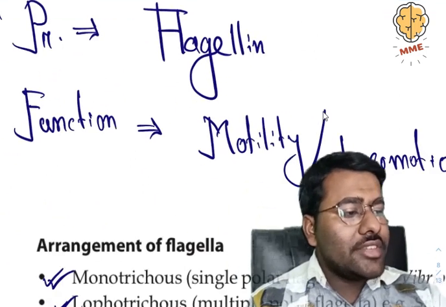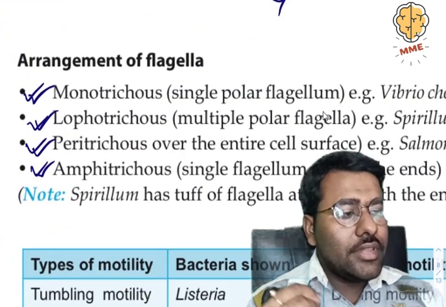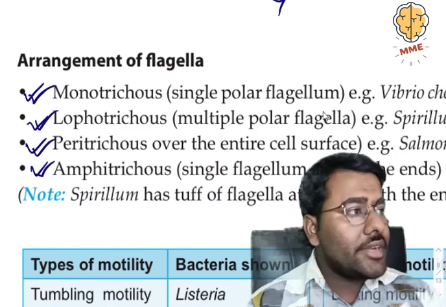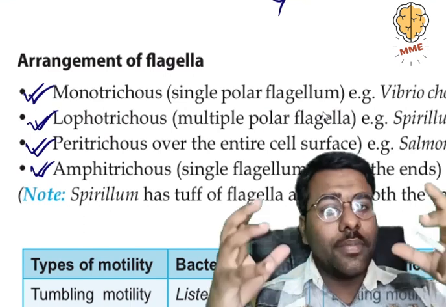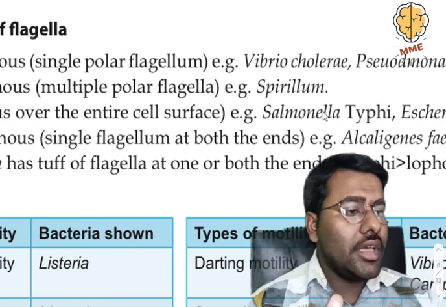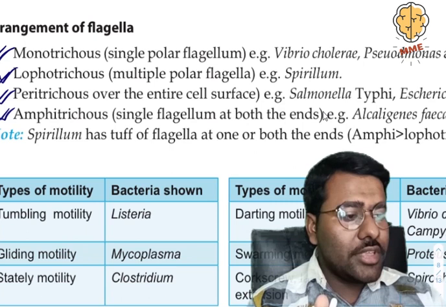Okay. What is the function? It is motility. Now coming to the arrangement of the flagella. The arrangement may be monotrichous, one side; lophotrichous, one side tuft; peritrichous, whole surface; amphitrichous, both sides but single. Okay. Now coming to the examples: Vibrio cholerae is monotrichous, Spirillum is lophotrichous, Salmonella typhi is peritrichous,